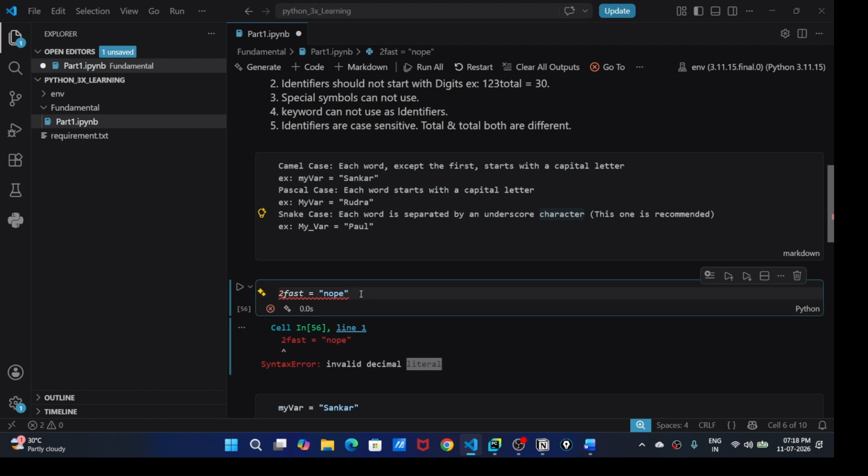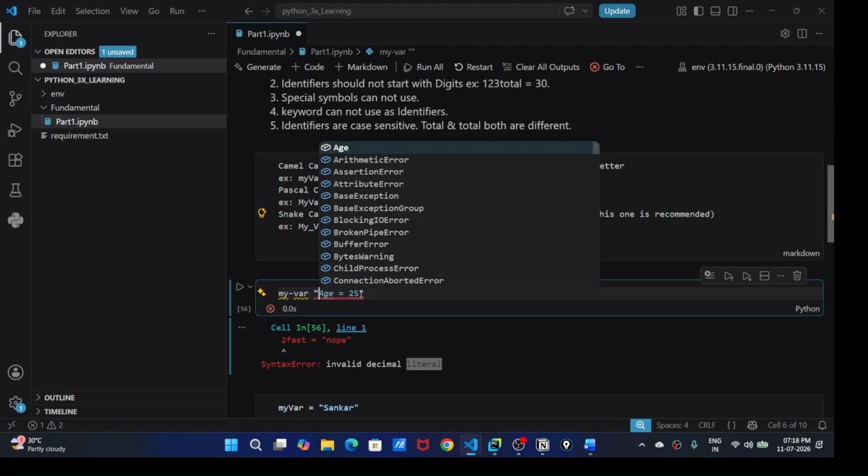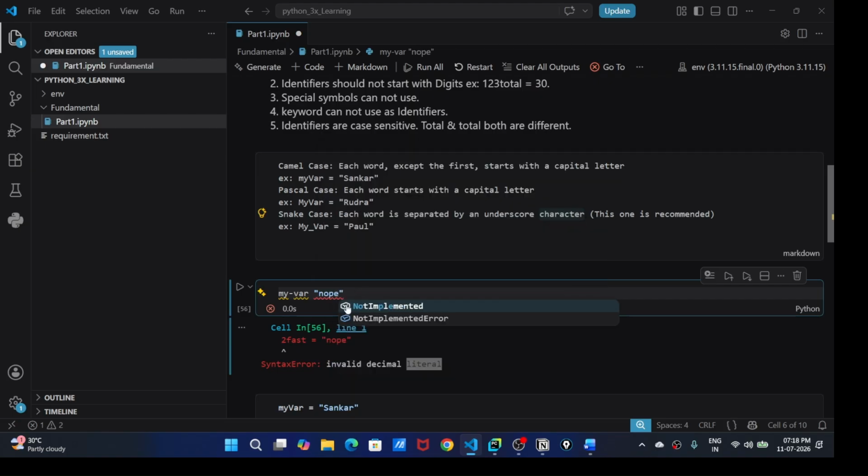Another example, special characters. Instead of here, say my-var equal to something. If you run this, it will again give invalid syntax.